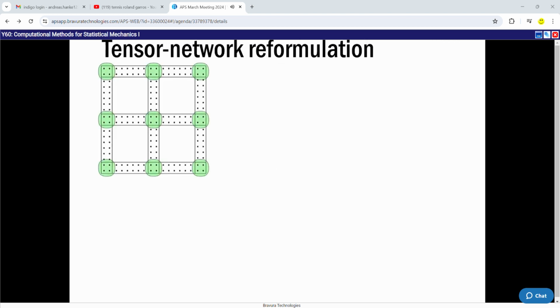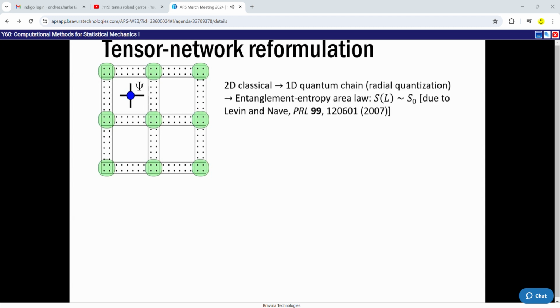And the way to improve Kadanoff's idea is using this tensor network renormalization. And the key is to focus on the spins at the boundary, and you sum over all the spins in the bulk. And then the partition function of this subsystem can be represented by a tensor with 4 legs. And by putting different tensors together and connecting their legs, you can reconstruct the partition function of a larger system.